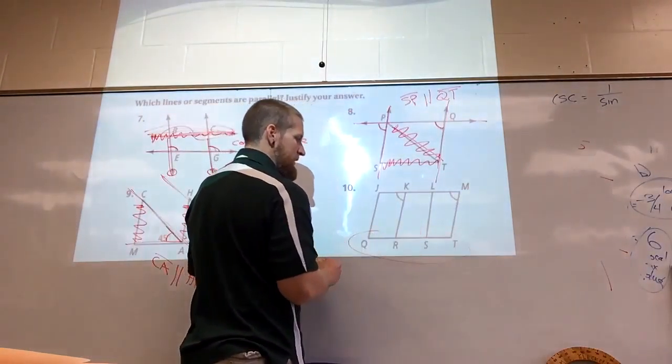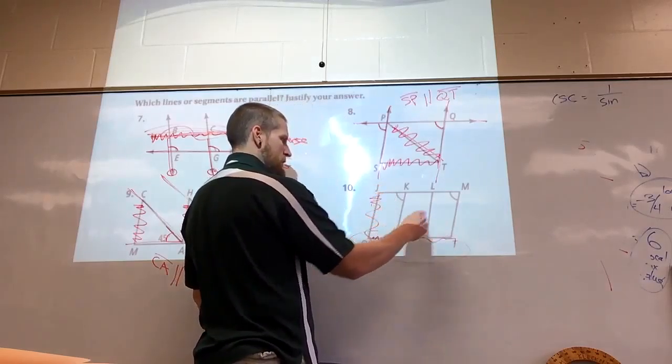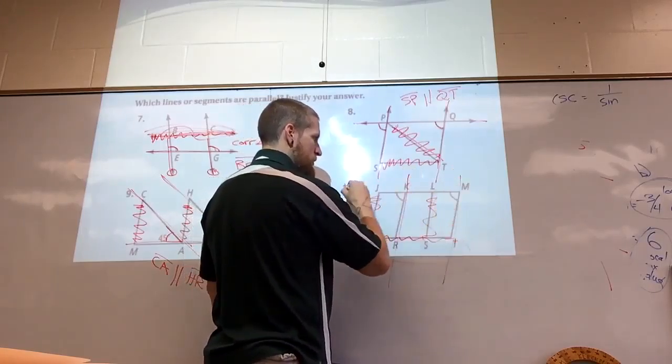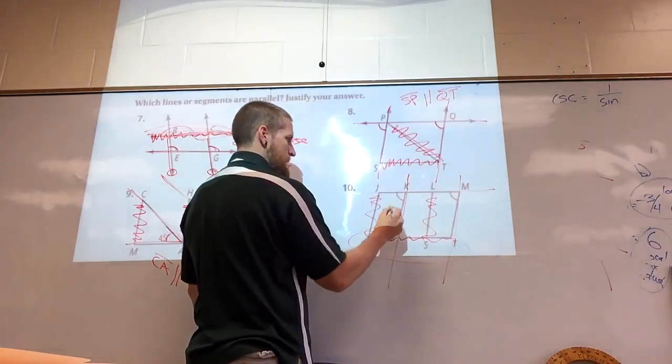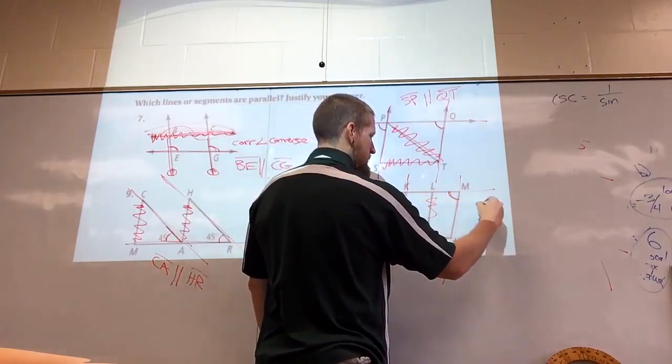All right, and same way on 10, guys. This whole line down here, I don't really even need to concern myself with it, nor that one, or that one. So I'm just left with those two and that one. These two are corresponding angles, so this would be KR